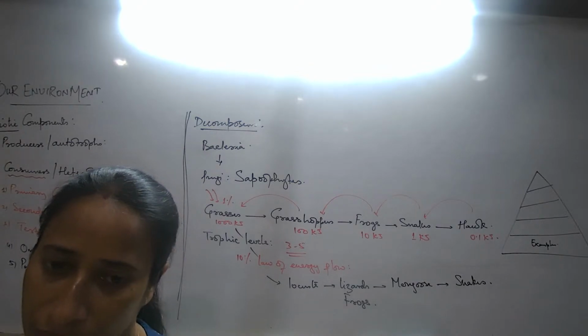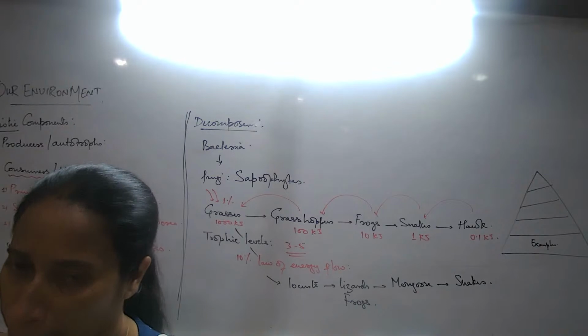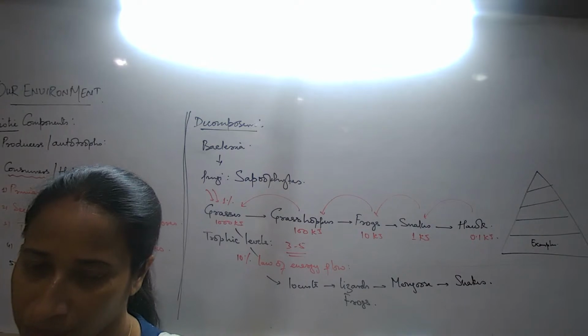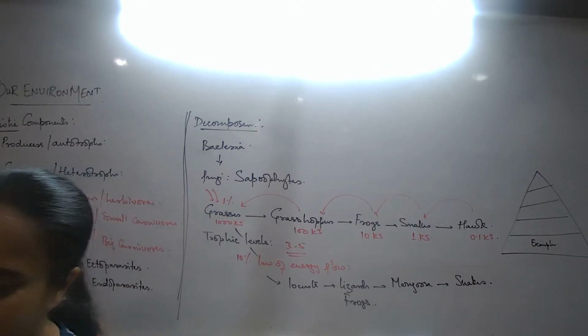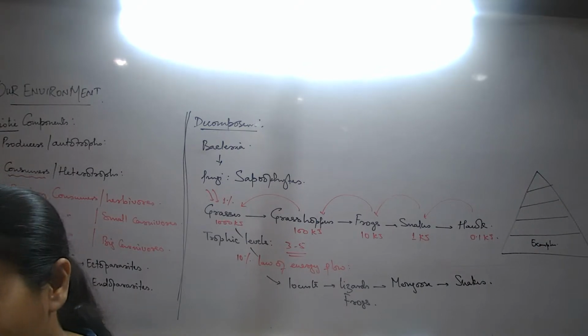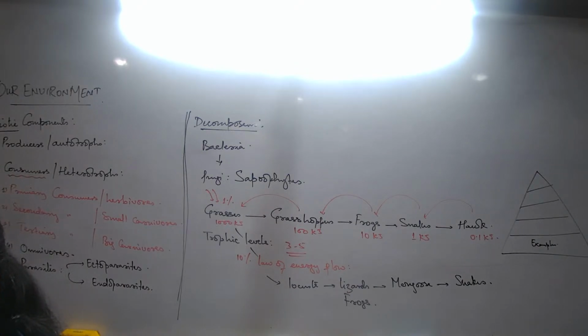Ma'am, this is not clear. In school we had a test on transpiration. I wrote the definition of transpiration: excess water is given out from the stomata in the form of water vapor. If I wrote given out instead of removed, she cut marks. Instead of given out, you are supposed to write removed.